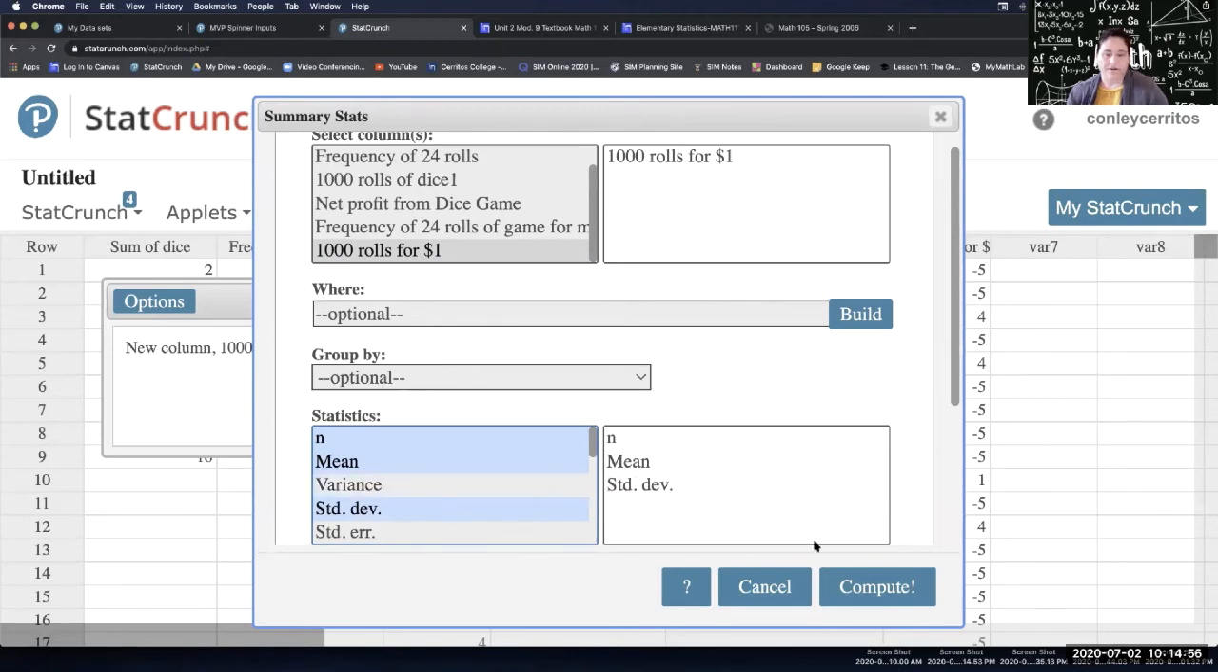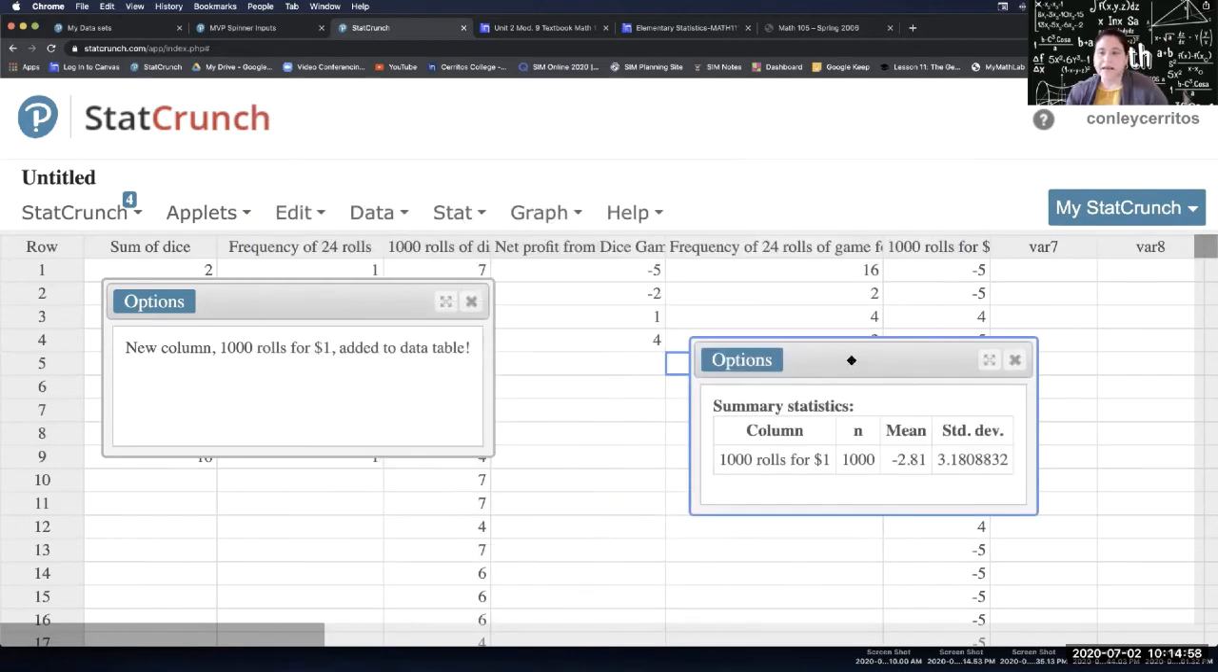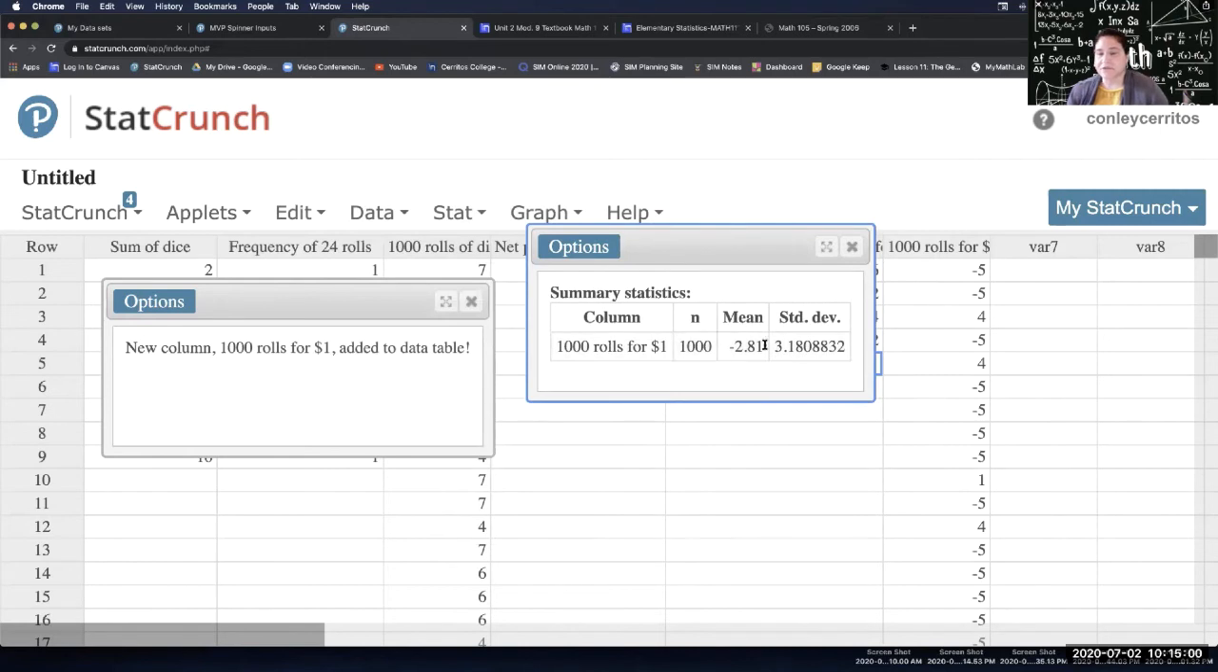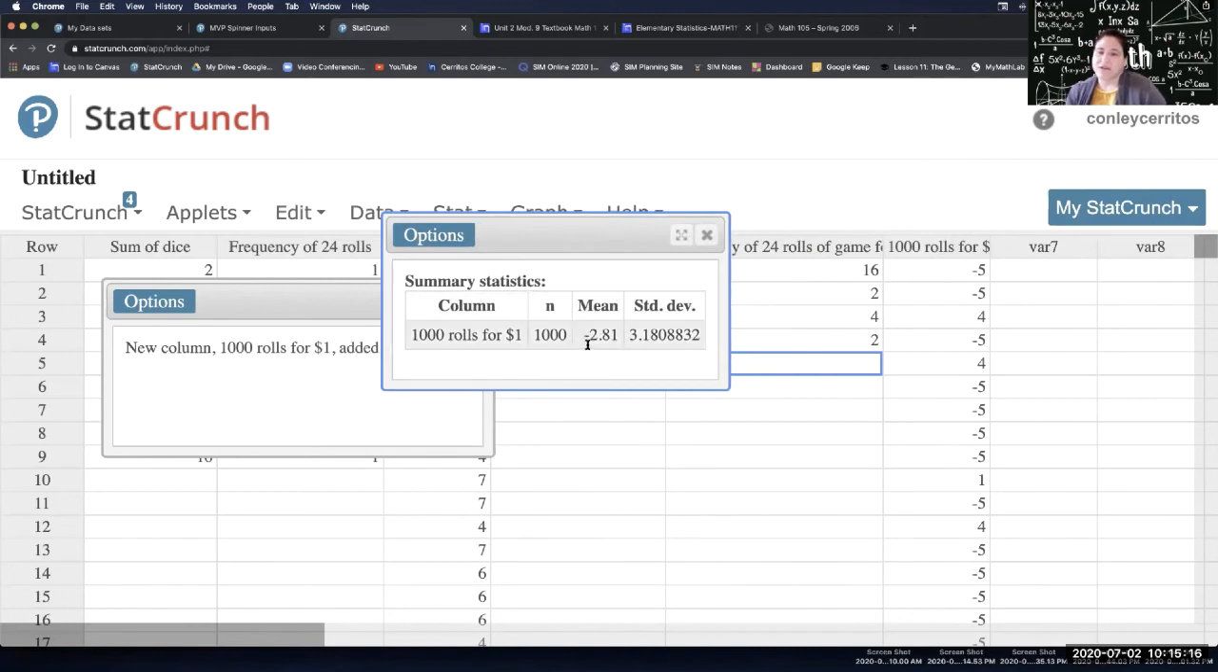Get rid of the variance. So on average, I'm losing $2.81, give or take $3. Sometimes I'm winning the $1. This is kind of hard to understand, but the mean is telling me whenever the mean comes up,